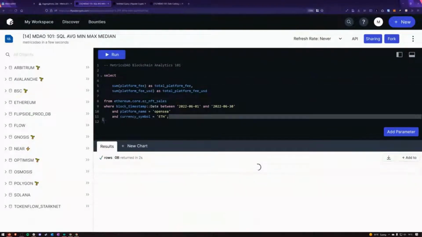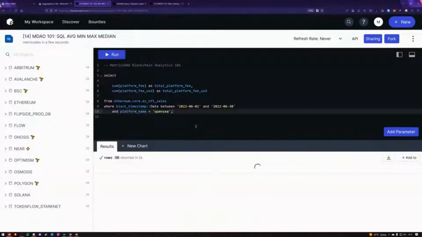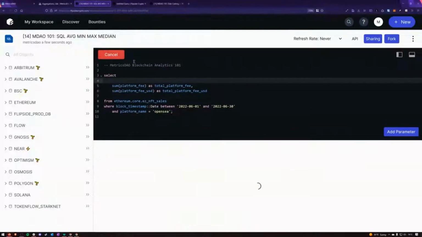From Ethereum core NFT sales and currency symbol. So this is where we were before. We were just summing these up. Really hoping this one runs through. And before we were getting an answer somewhere around 12 million for total platform fee in USD and a massive number for total platform fees. But what we can do